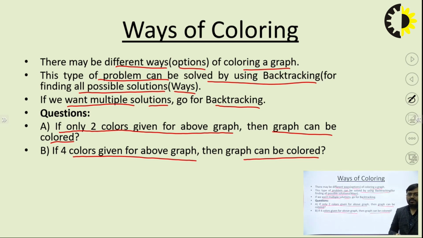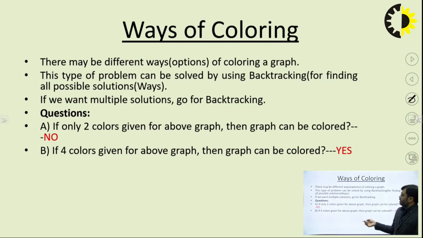These are the types of logical questions that come to mind when we try to color the graph. If we have only two colors for the above graph, the graph cannot be colored with the given two colors only. And if four colors options are given, then we